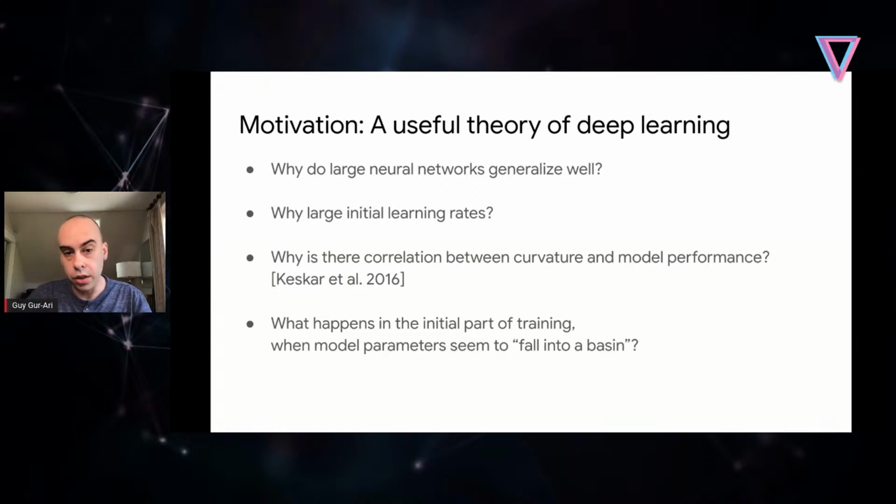Another empirical observation that's been made is that there is a correlation between the local curvature in the loss landscape that gradient descent finds and model performance. So in particular, low curvature minima, flat minima, tend to perform better than sharp minima. And this was shown by Keskar et al. in 2016 when they considered training with different batch sizes, and has been further corroborated since in other empirical studies. And so we can ask, why does this correlation between curvature and performance show up?